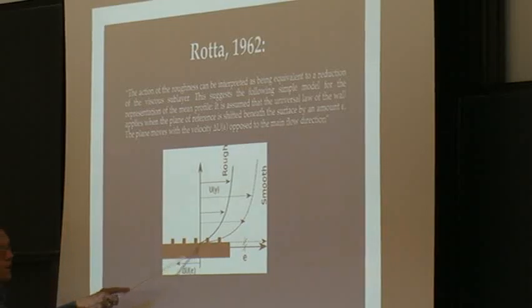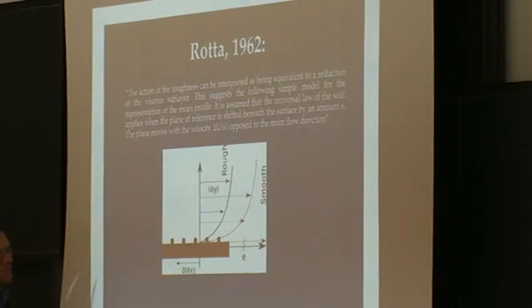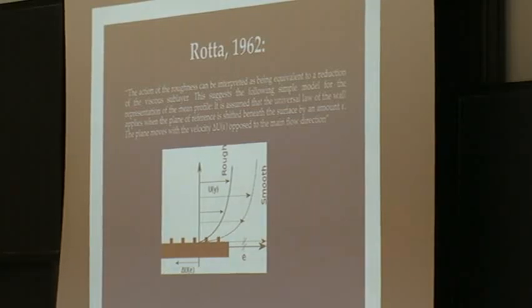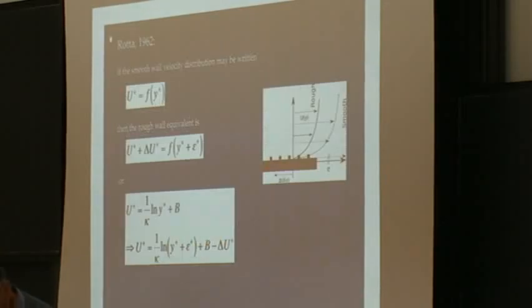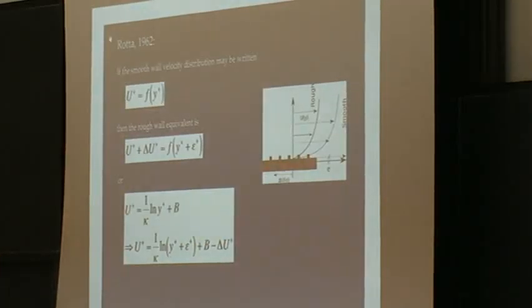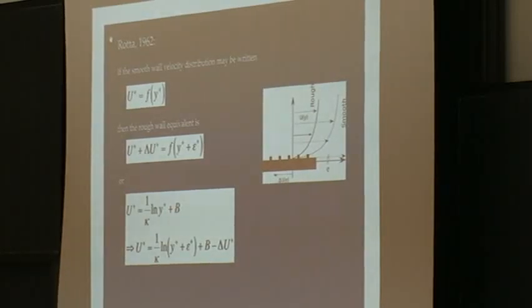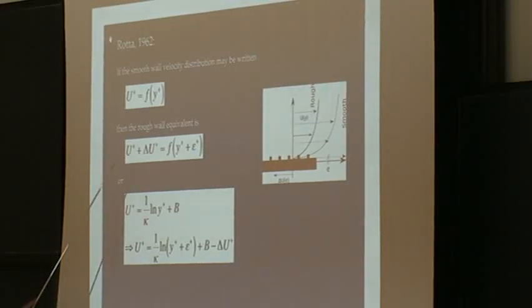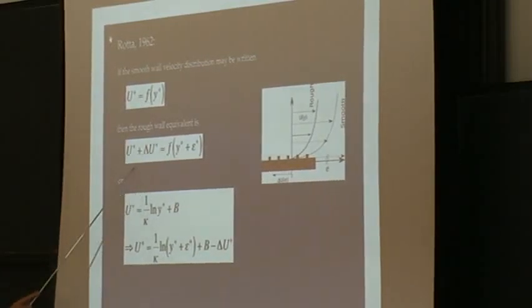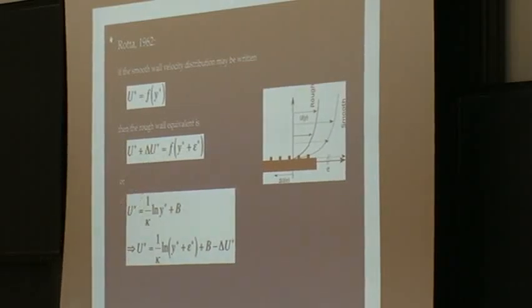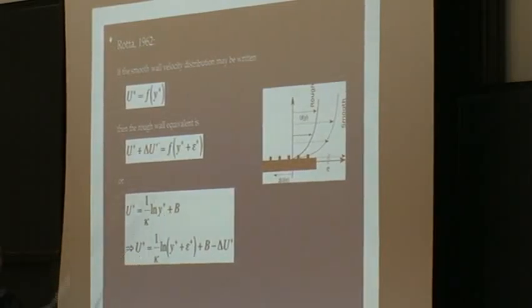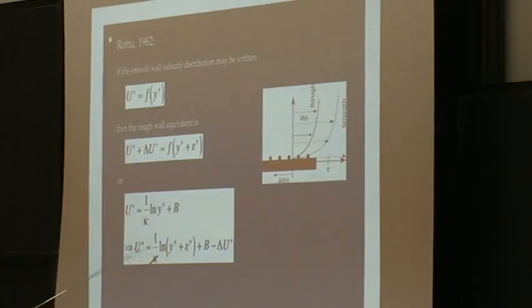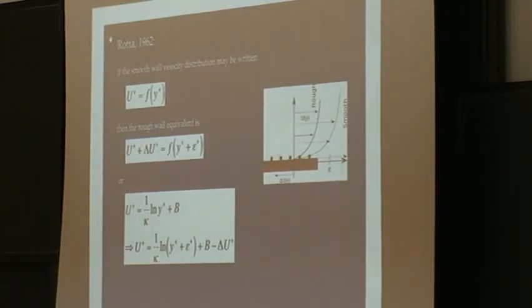So you shift your origin into the wall, and then you need to let the wall move at an opposite velocity delta u. From a physical argument, I think this is a good description of what happens. And if you say that you know what the law should be in the smooth case, and you say that it's the same which applies in the rough case, you will see that this equation, whatever it looks like, is going to be changed into an equation that looks like this. So if you have the log law in the smooth case, this new law falls out automatically.